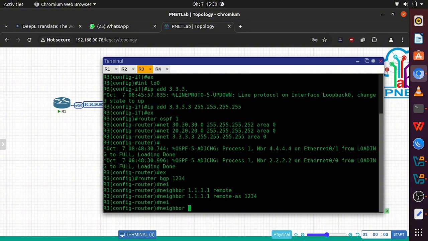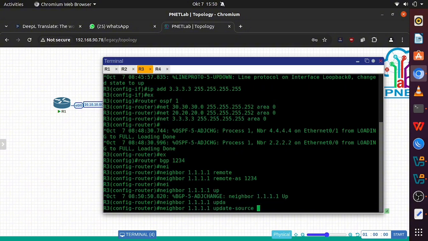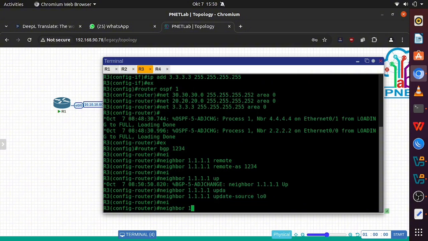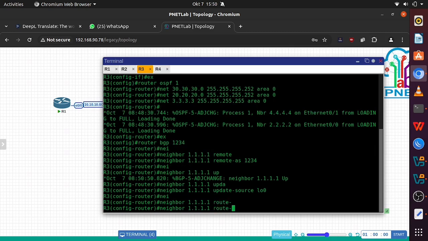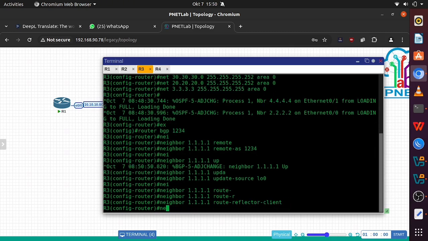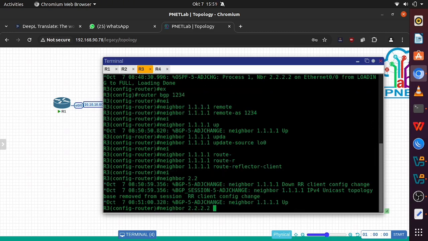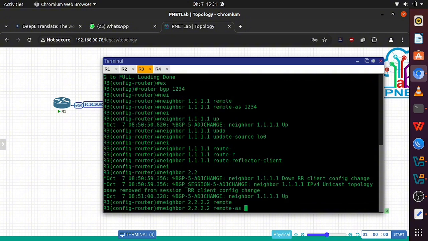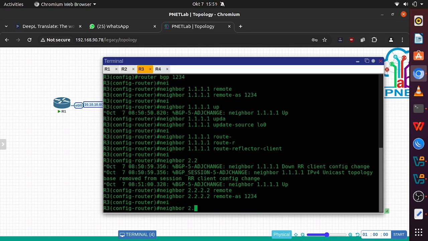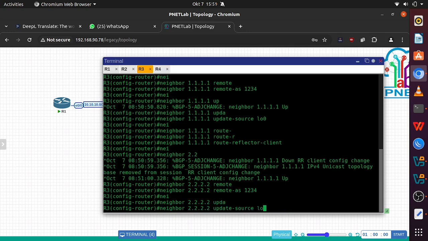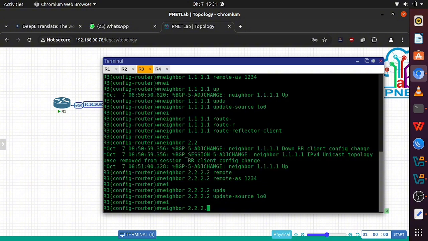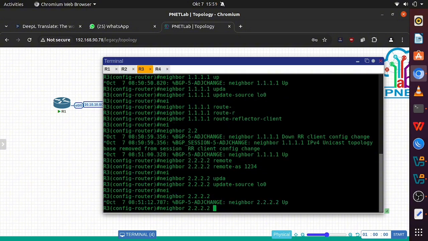We just put in the comment 1.1.1.1 remote AS 1234, and we can see the information that BGP neighbor 1.1.1.1 has been up, and also the route reflector client has been up too.